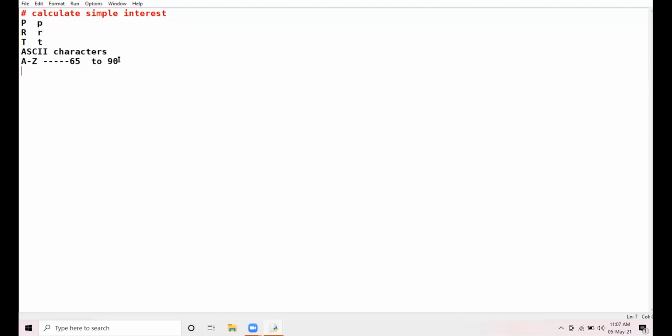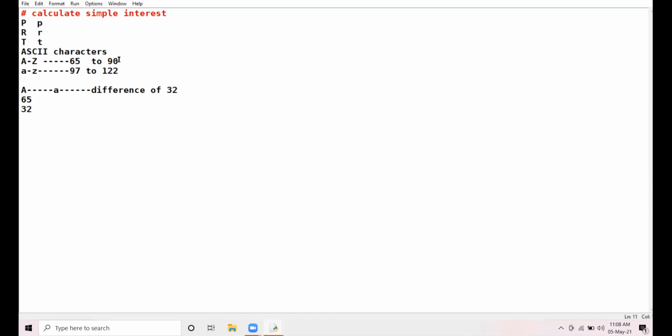The ASCII coding of small a to z is 97 to 122. Every capital letter and its corresponding small letter have a difference of 32. The ASCII code of capital A is 65.